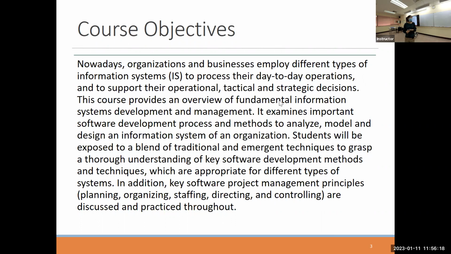So in this course, we learn, of course, fundamental concepts, theories, and practices related to information system development and management. So once information system is a key engine, then how do we really develop successful ones for the business, for the organizations, and so on. And we learn a number of techniques, methods, and so on related to these things, as I've already mentioned.